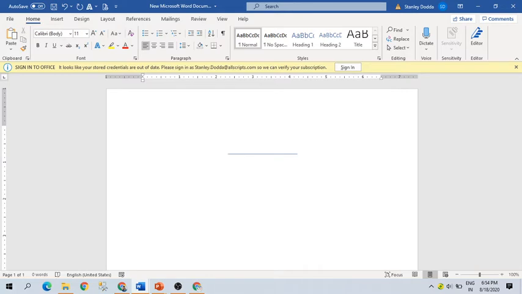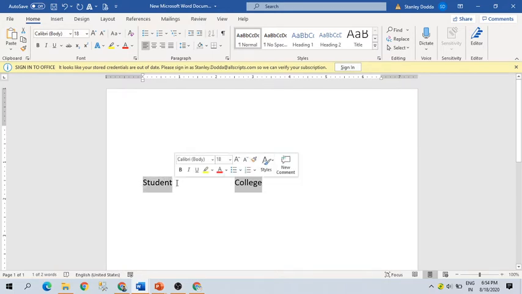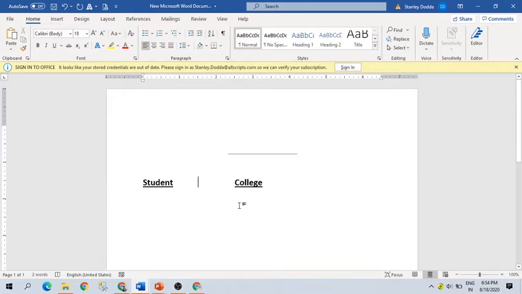Okay, so here we have an entity called student. Sorry, I'll increase the font. Okay, student, and we have college. So these two are the entities we have seen. These two entities will become the names of the tables, and the student table will have columns as such of their